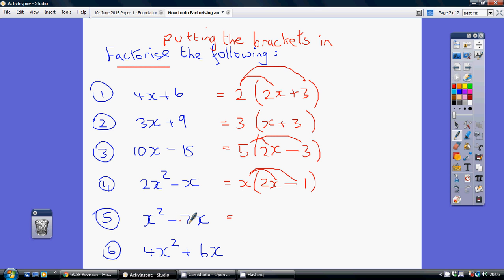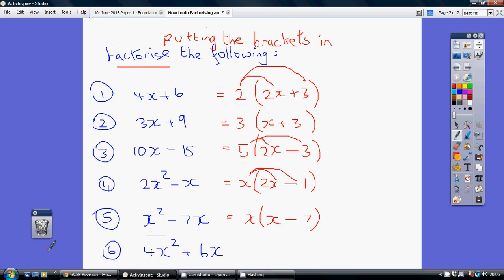Okay, the highest common factor of these two terms here is a single x. x times what gives us x squared? Well, that's x. Get the sign right. Minus. x times what is 7x? Well, that's 7. Now the last one is particularly tricky, and the question here would actually say factorize fully the following,